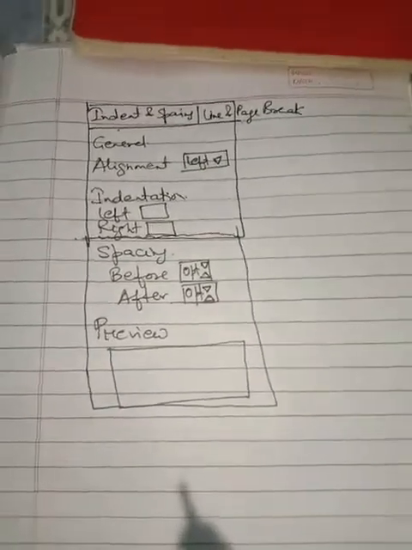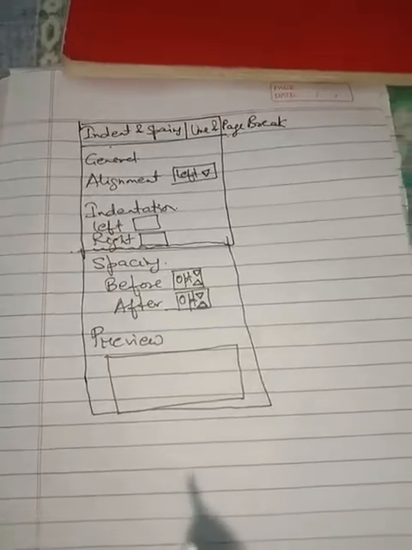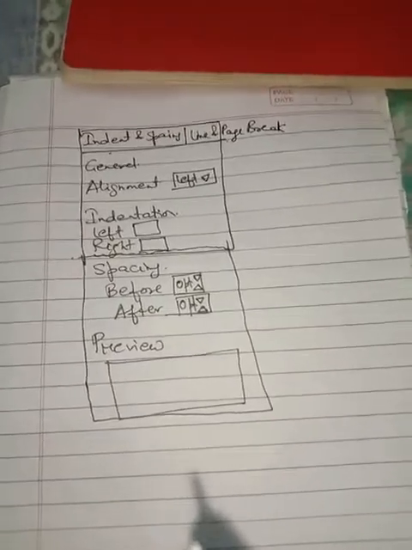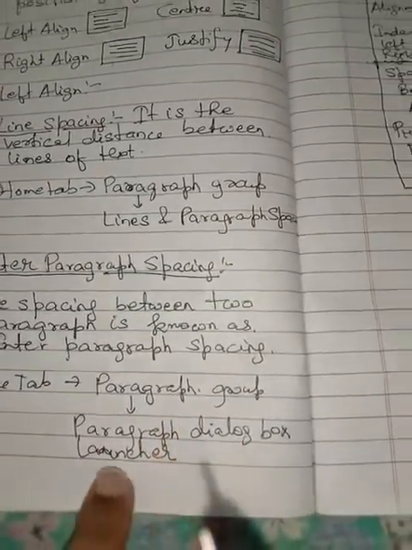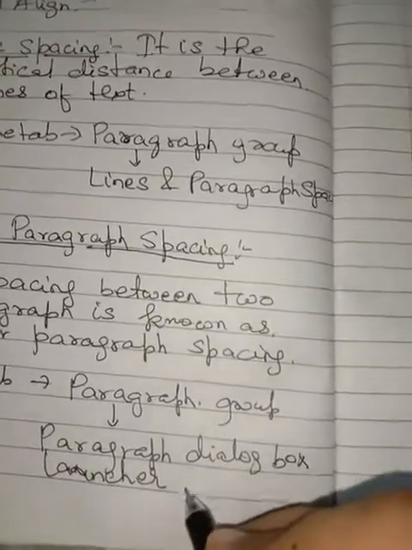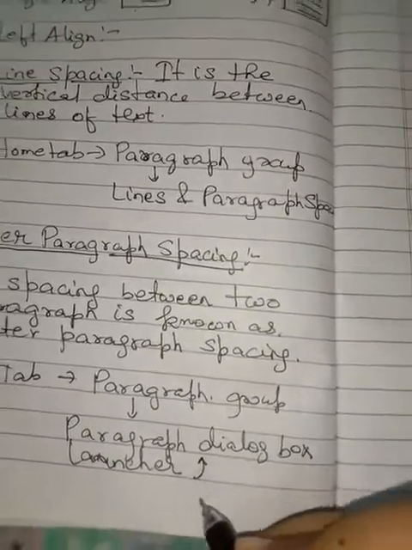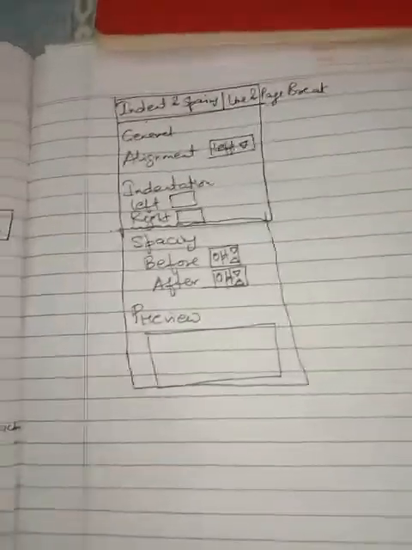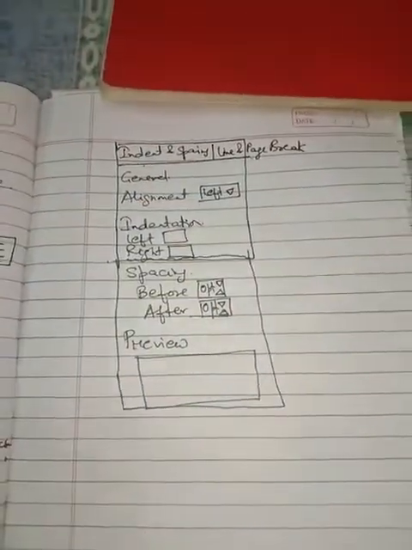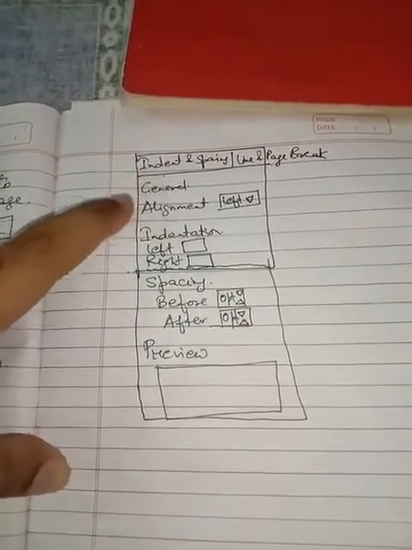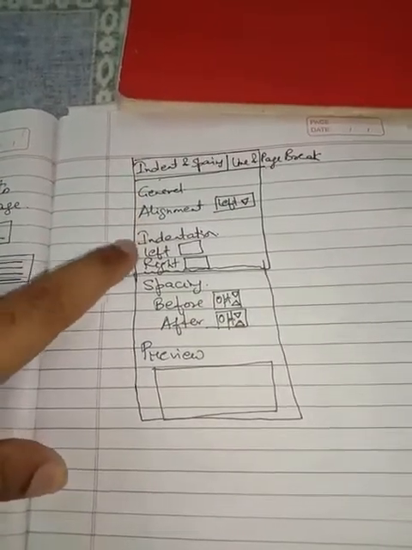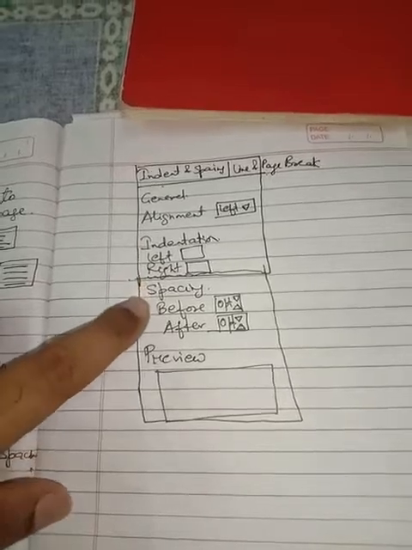So to make the spacing between the paragraphs, select the paragraph, then come to the home tab. From the home tab, move to the paragraph group, and from there click on the paragraph dialog box launcher, which will be a small arrow. As soon as you click here, the paragraph box will appear in your window. First of all, select indent and spacing. Then we have the options of alignment, indentation, left and right, and spacing.